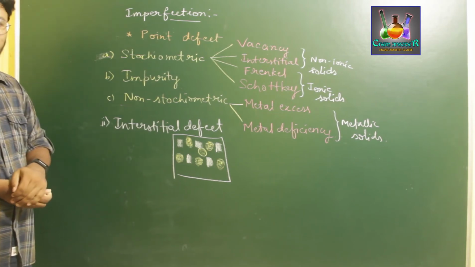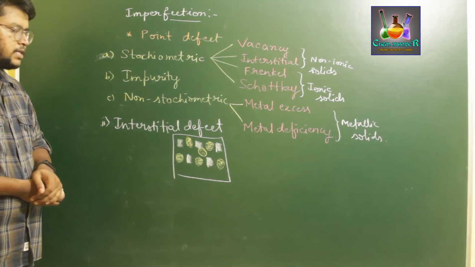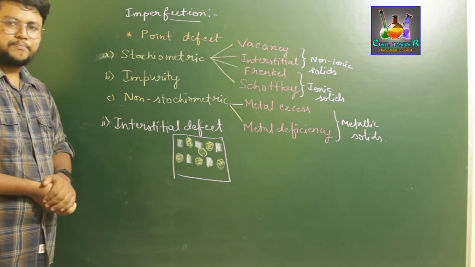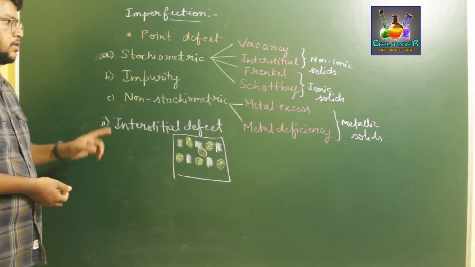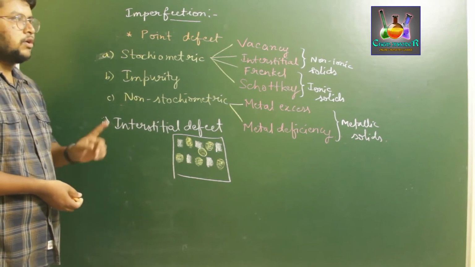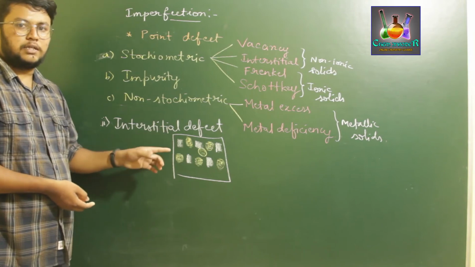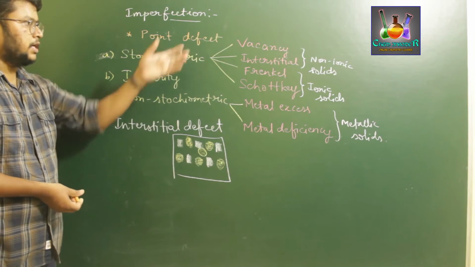So a crystalline solid is said to have an interstitial defect if it has an additional particle present in an interstitial site. Remember, these two are always for non-ionic solids, hence I am saying these are the particles present in the interstitial site, or the particle absent in its normal site, which creates a vacancy.